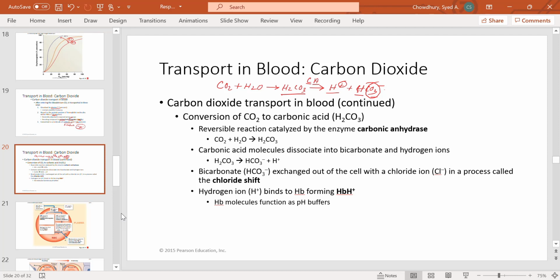Then when carbon dioxide should be released, just the opposite reaction will occur. These two will join together to form this, and then this will break into CO2 and water. So the reaction occurs in just the opposite way to release the carbon dioxide. So to transport, it will go this way; to release, it will go this way. Okay,